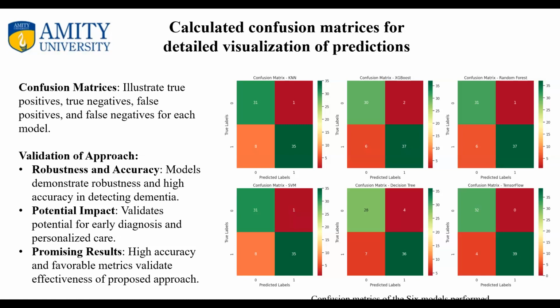Robust performance suggests a potential for early diagnosis and personalized care. Comprehensive assessment uses F1 score, precision, recall, and confusion matrix. Results validate the impact on dementia detection and healthcare. Future exploration includes ensemble methods, feature engineering, and fine-tuning machine learning to enhance early diagnosis for better outcomes and quality of life. In summary, the research highlights the power of machine learning in advancing dementia diagnosis, benefiting patient life and healthcare as a whole.